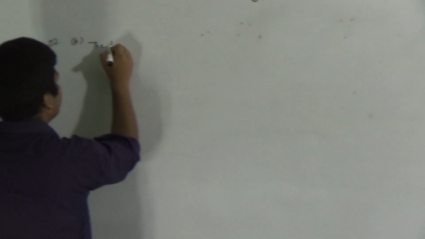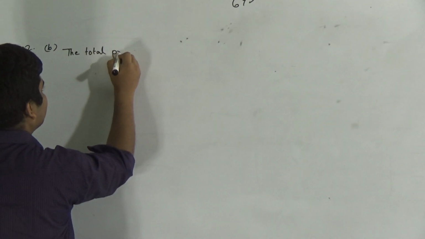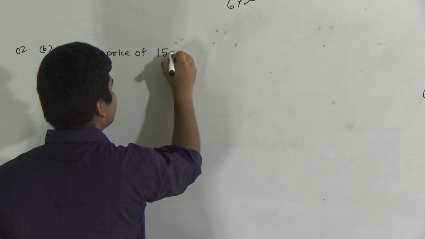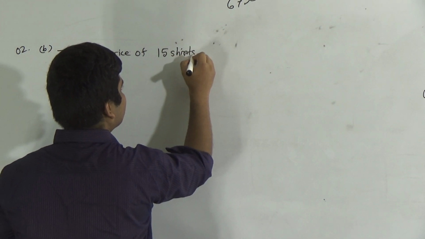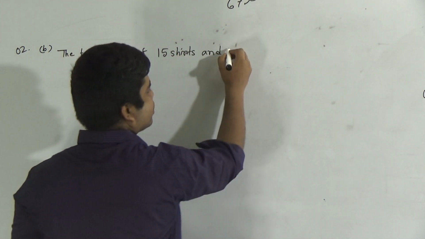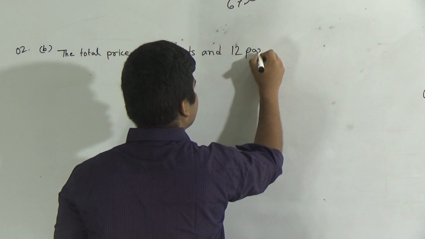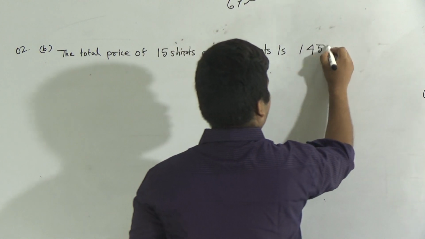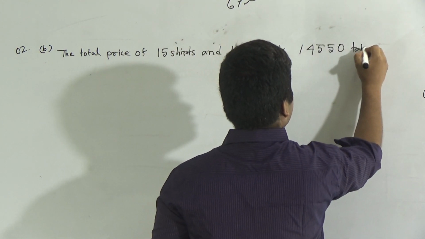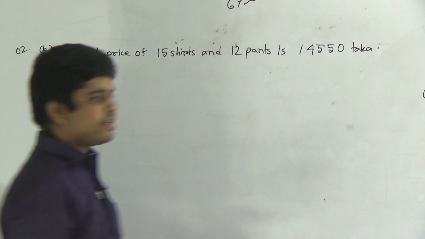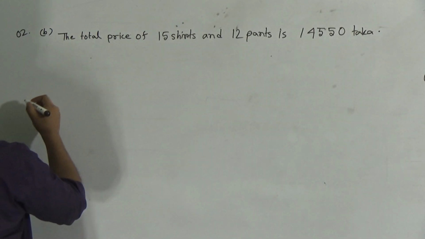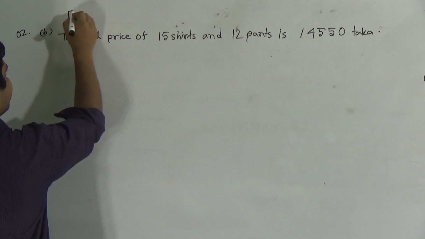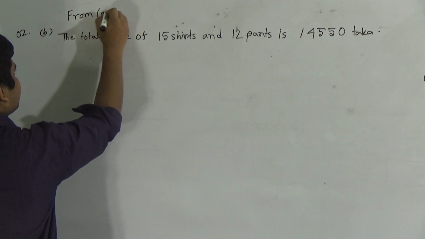The total price of 15 shirts and 12 pants is 14,550 taka, and from A we get... Okay my dear student, before starting to write this, at first you write: from A we get